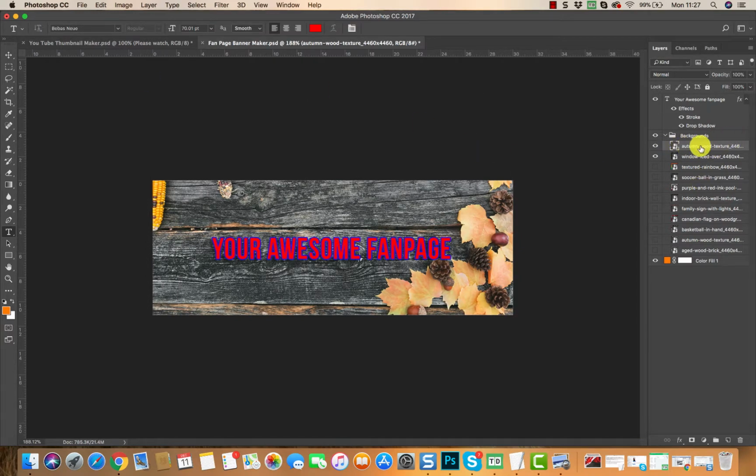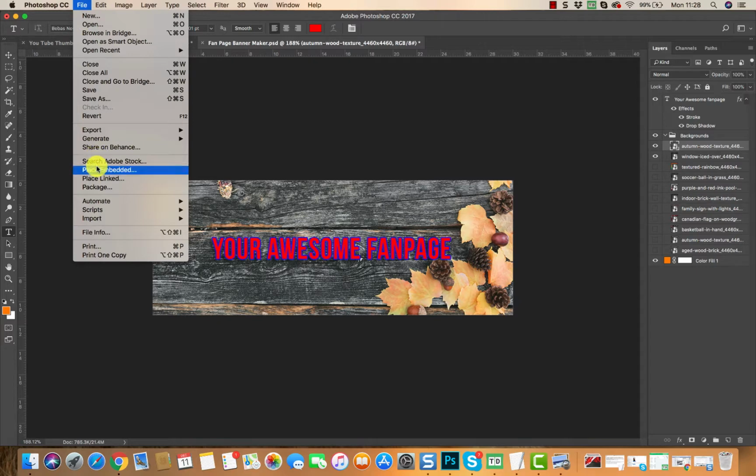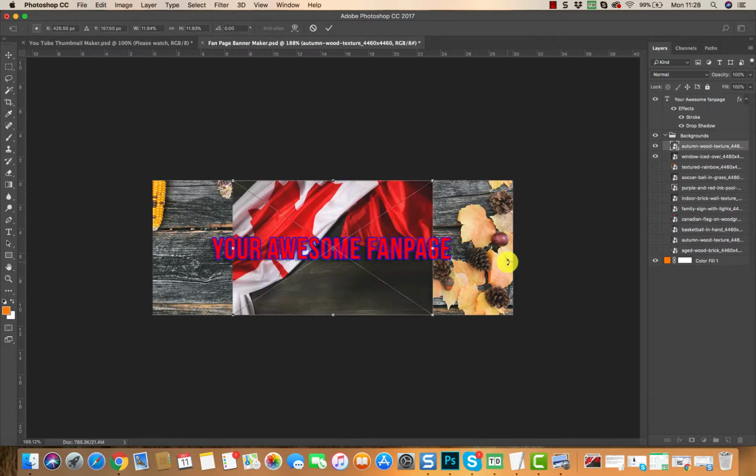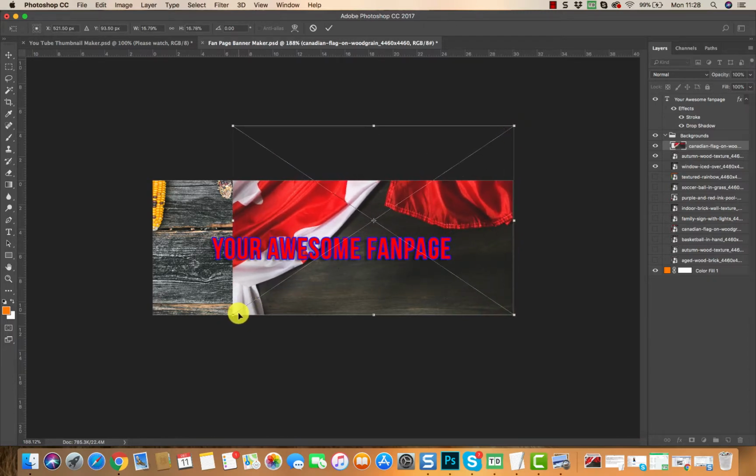Now something I forgot to mention there, you see when I put this image in, it was at the top here. You want to come into this backgrounds folder, and whichever layer you highlight or click on like that, so it's kind of grayed in a different color gray, your image, when you place it embedded, will go above that one. Okay, so I'll just do another one while this layer here is selected. If I go File, Place Embedded, grab a different one, place that in there, you can now see that it went above this one, and then it will be in that backgrounds folder there as well. So I'll just grab this, resize it like that,